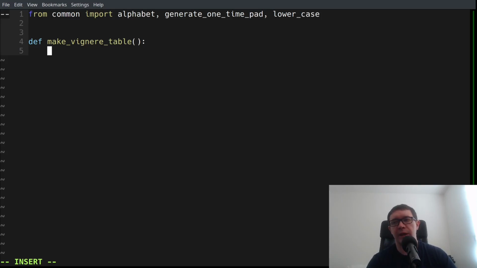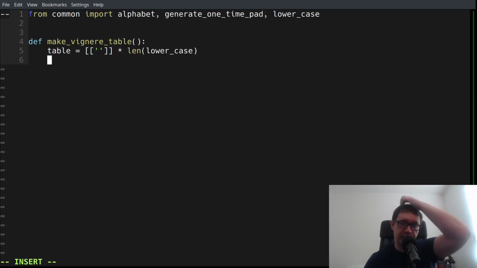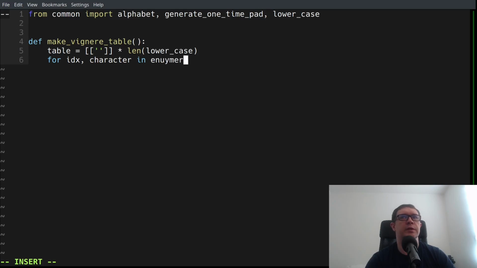So we're going to need to make basically a table. So we're going to say table equals an empty list of lists times the length of lowercase. And remember, we're going to have to come back and switch lowercase to alphabet later. Then we're going to iterate over our alphabet. So for idx, character in enumerate, in this case lowercase,